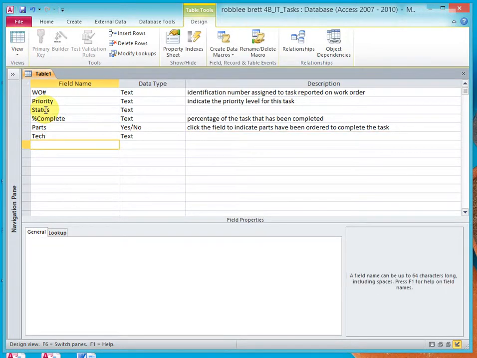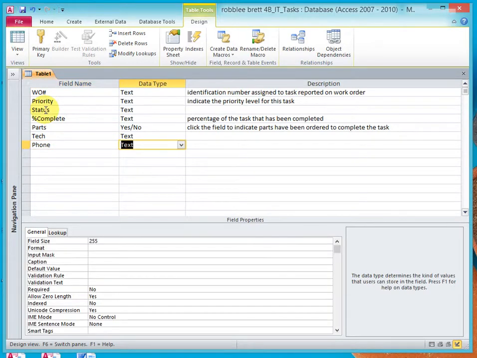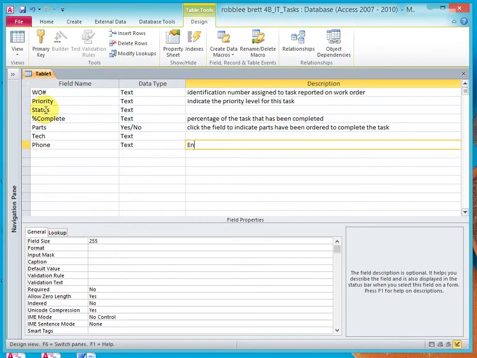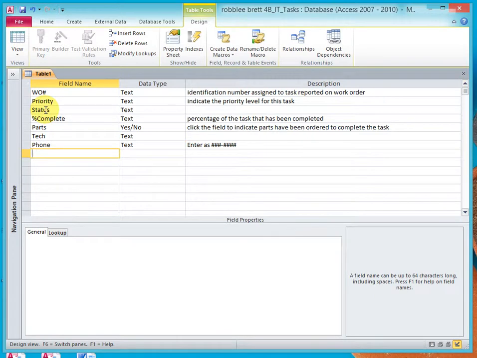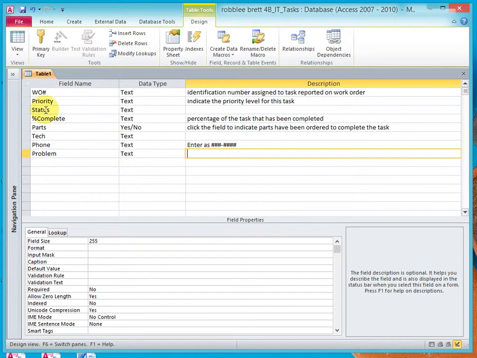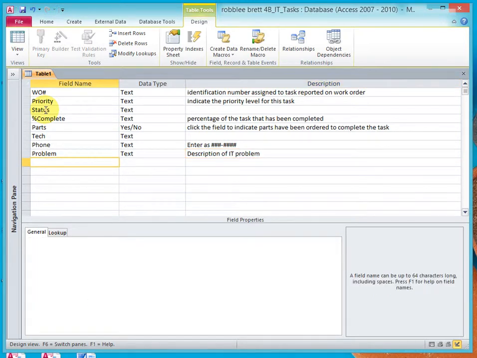Then tab to the next field, which is tech, 3 tabs to the next field, which is phone, 2 tabs to description, and say enter as number dash 4 numbers, and then the next field is problem, which will be text, description of IT problem, and tab to the next field, which will be start date,